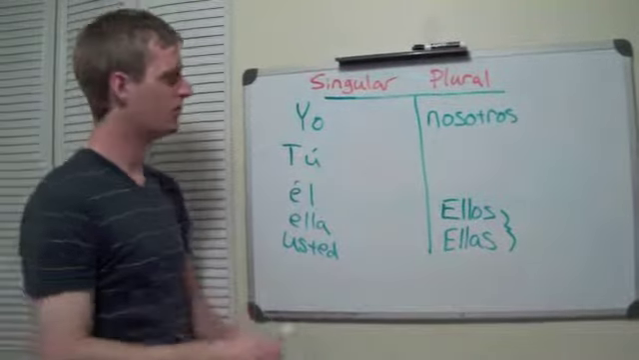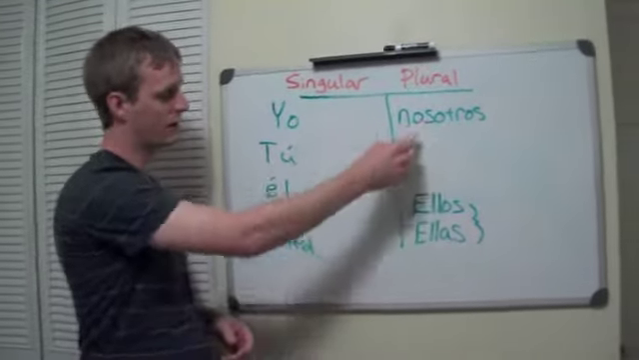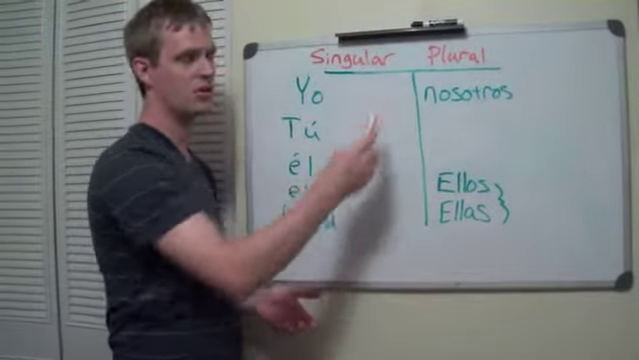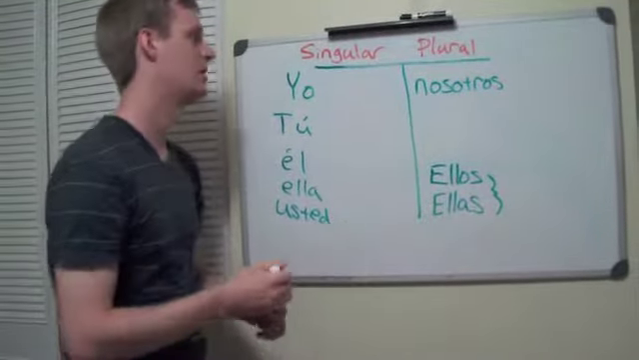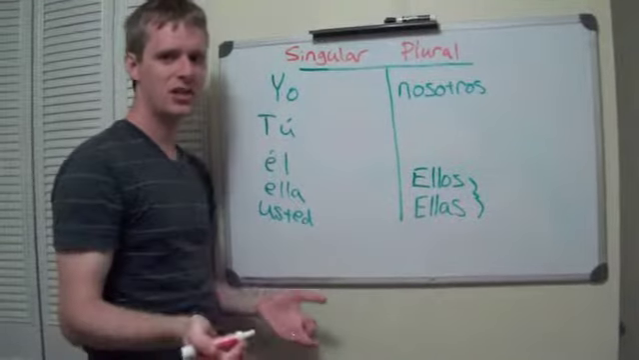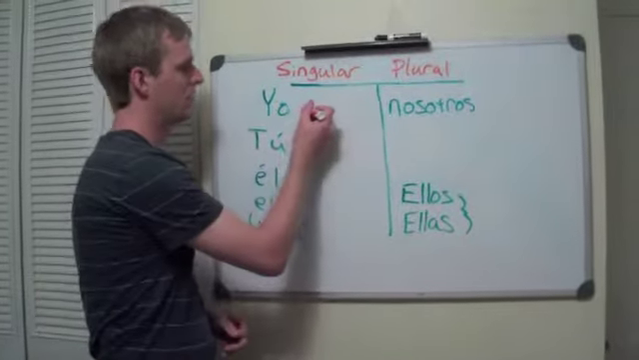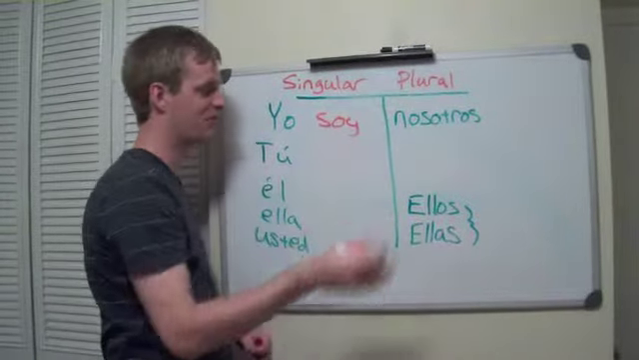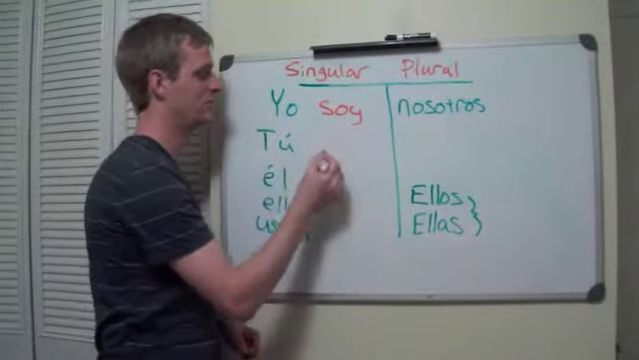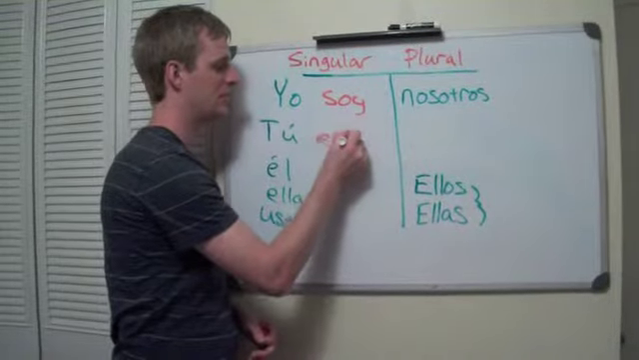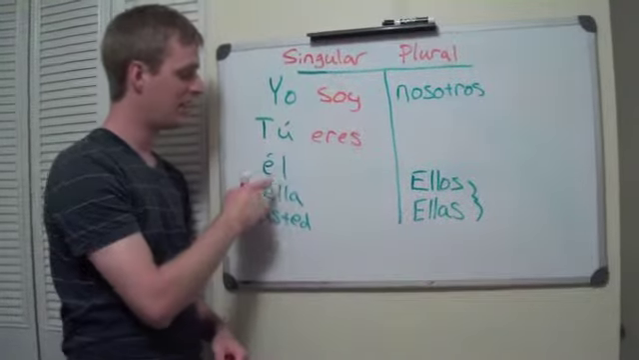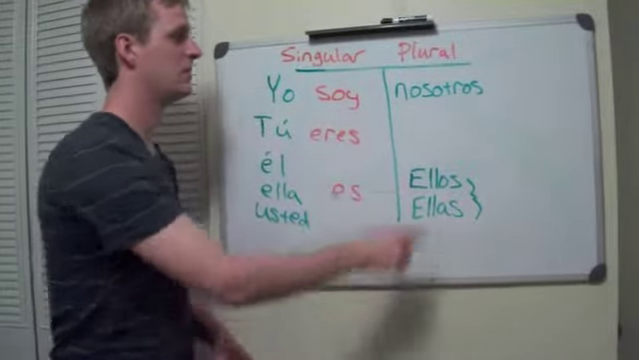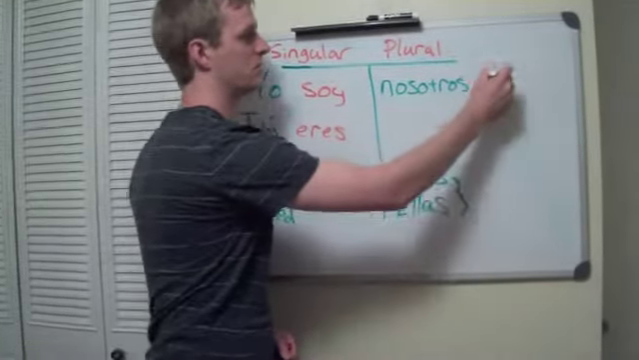Okay? So we already have our pronouns here. We have yo, tú, él, ella, usted, nosotros, ellos, ellas. And let's go ahead and conjugate the verb ser. Yo soy, try and stay ahead of me. Tú eres, él, ella, usted es, nosotros